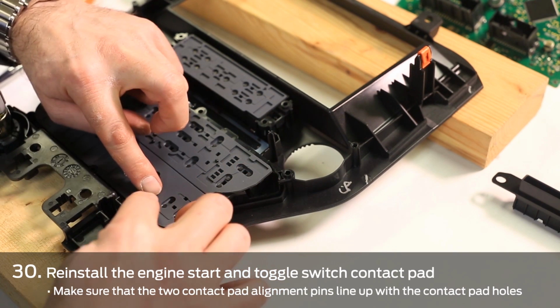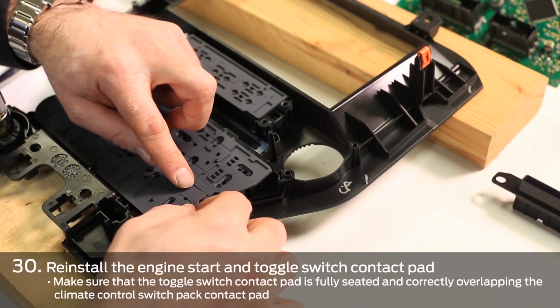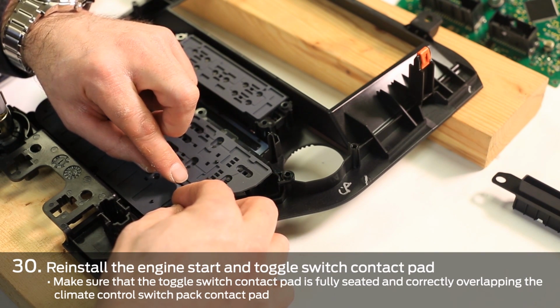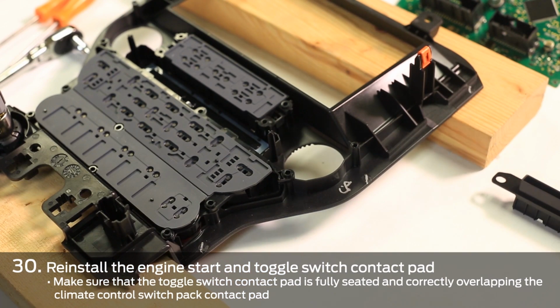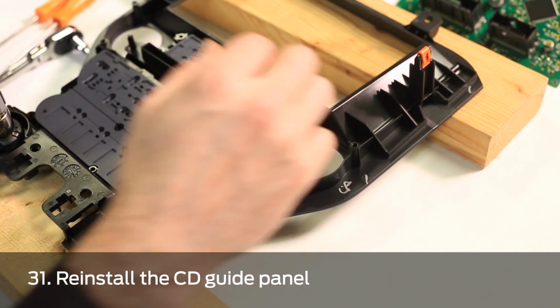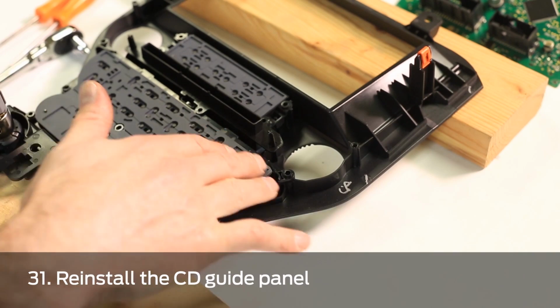We are then going to take the start-stop toggle contact pad and reinstall it on the switch assembly, making sure to align the lineup points on the switch and making sure that the start-stop toggle switch overlaps the climate control toggle switch. We will then take the CD guide assembly and reinstall it into the housing, making sure that everything is lined up